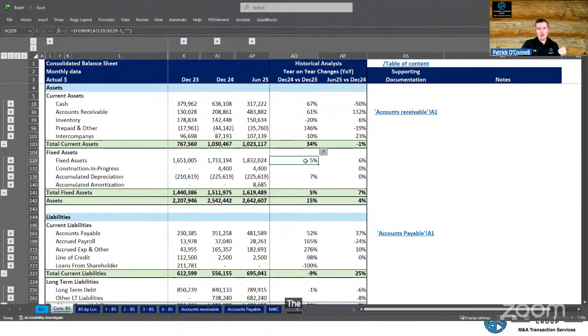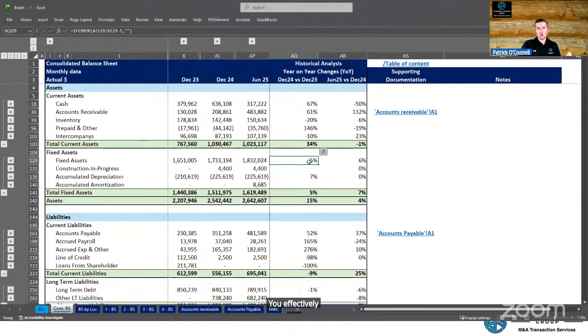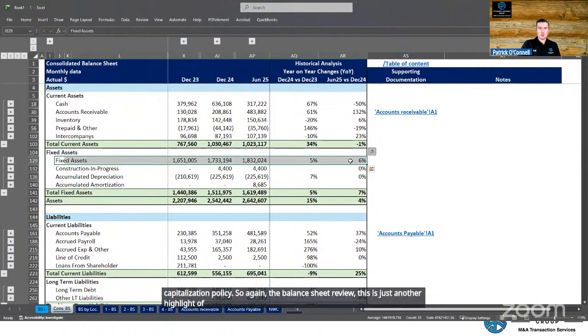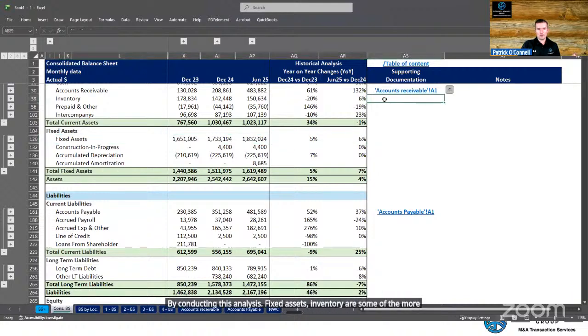The dollar for dollar impact is the following. If you are submitting a bid at 4 times earnings, you effectively are paying $200,000 for that $50,000 change in a capitalization policy. So again, the balance sheet review, this is just another highlight of why this needs to occur and what are the dollar for dollar impacts by conducting this analysis. Fixed assets, inventory are some of the more complicated areas. As a licensed CPA, there still requires a tremendous lift to conduct this analysis the right way. So I encourage you to